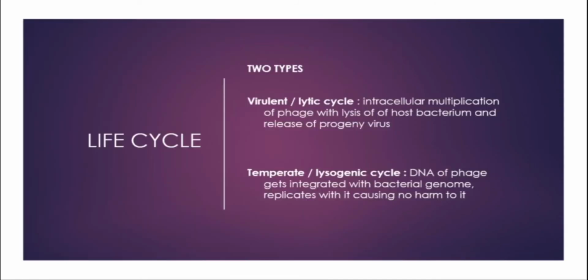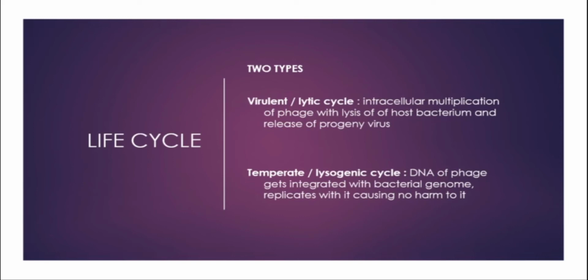The bacteriophages here, T1 phages, inhabit E. coli. If you see the life cycle, they follow almost similar steps to a normal virus in terms of replication. There will be adsorption, penetration, uncoating, biosynthesis, assembly, and release. But at the time of release, they can opt for two options: either a lytic cycle or a lysogenic cycle. The lytic cycle will be more virulent, almost the same as normal viral replication.